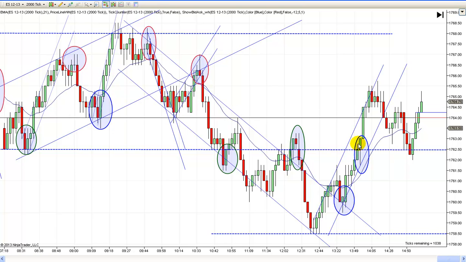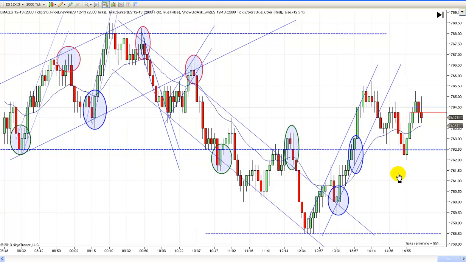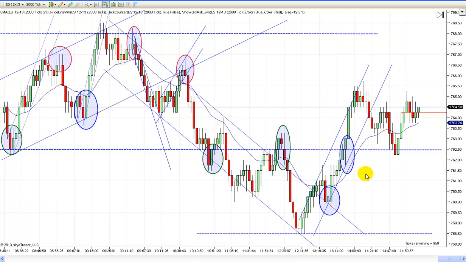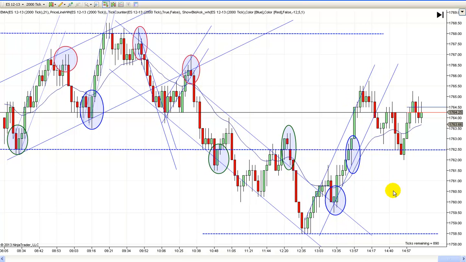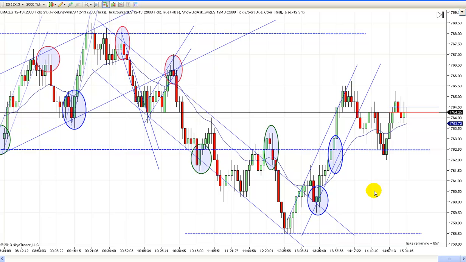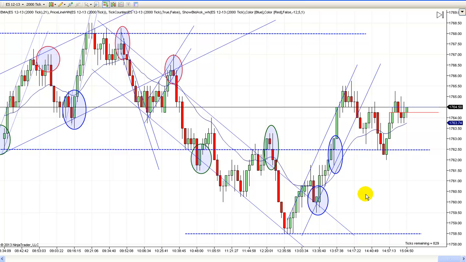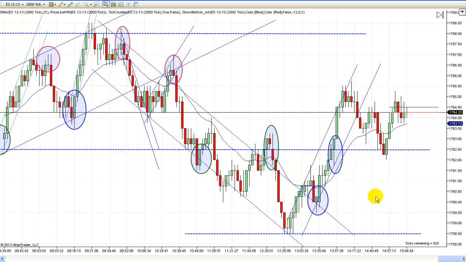I liked going long on a break above that bar right there, and boy, it just took off. Boom. That happened. It was almost like a news event right there. I don't know if something came out or what, but my order got executed, and just instantly I was out, and it was way up here. So I don't know what happened, if it just caught the stops or what, or if there was some kind of news item. I never really went to look to see. I know the Fed was talking today, so maybe something the Fed said had something to do with that.